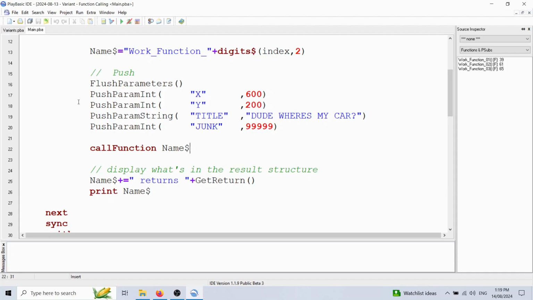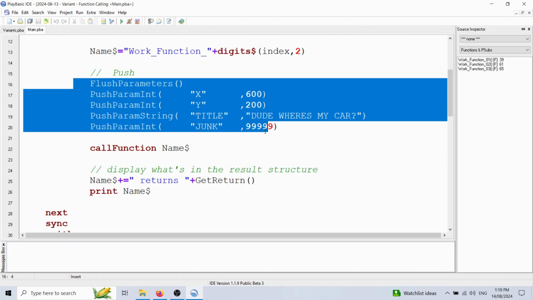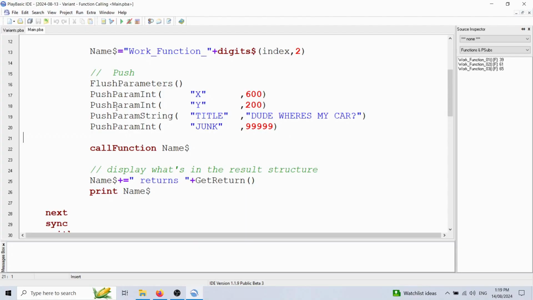So what you could do is have something like here, which is a little stack of these parameters. The function just clears the parameters out so it's empty before we start pushing onto it. We push on an integer value of name X, an int value of name Y, a string called title, and